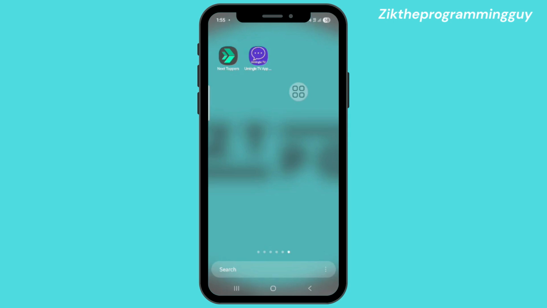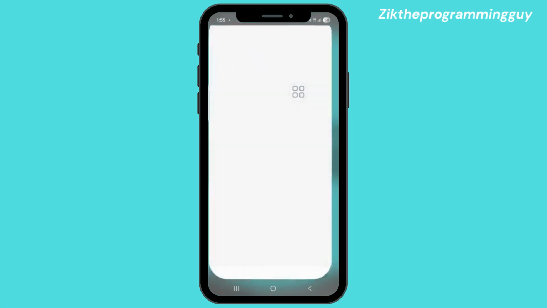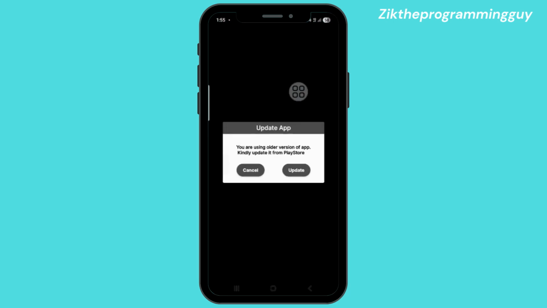In today's video, I'll be showing you how to fix the Nextstopper app not opening, not working at all, so let's try it. You can see mine is even saying I have an older version and it can't open. I've been trying to update it, but it has not been working. So if you're also facing this issue, or maybe yours was open but you cannot view your classes and the rest of that,